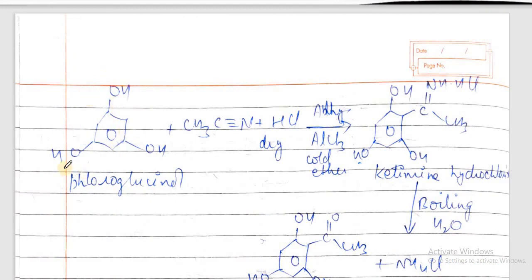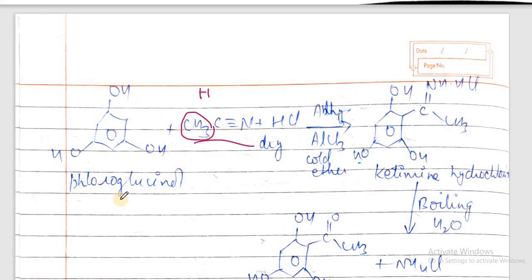In this it is not a simple phenol. In this, 3 OH groups are attached, and when it is treated with CH3CN, in the previous one here was H, now H is replaced with a methyl group CH3. So the reaction mechanism is very similar, but instead of H we will now replace every H by CH3, and you can write the exact mechanism similarly. But just see to it.